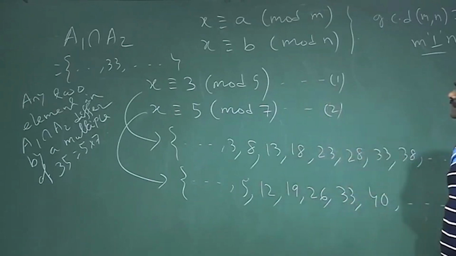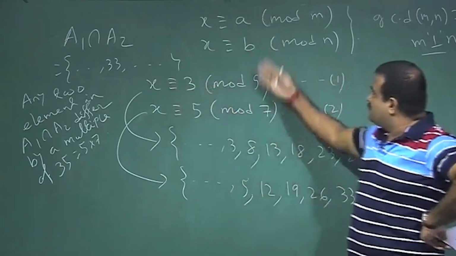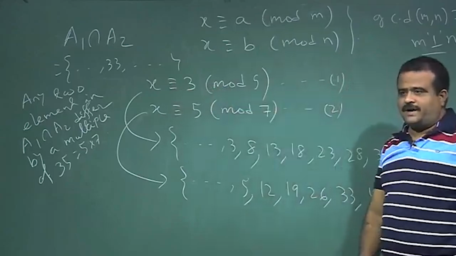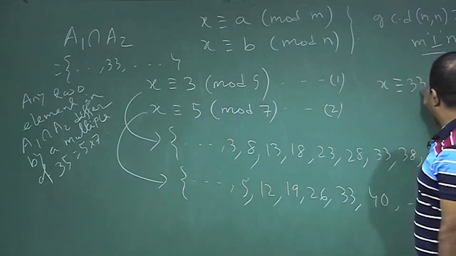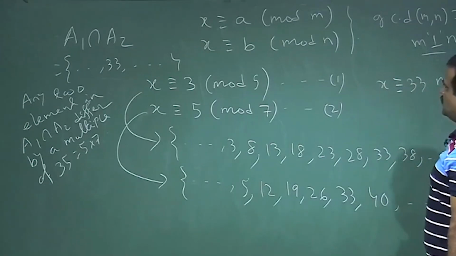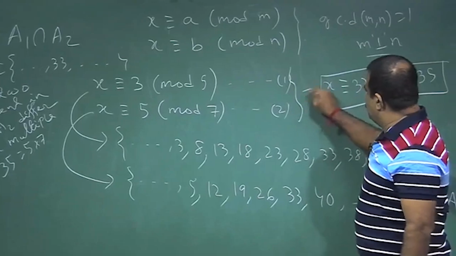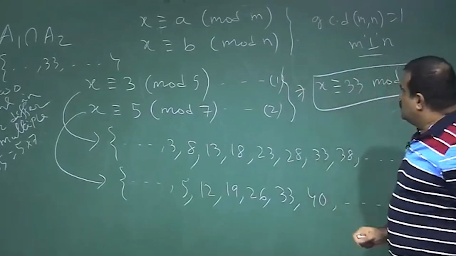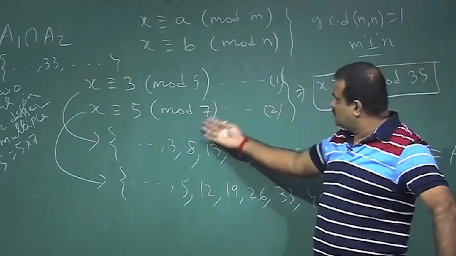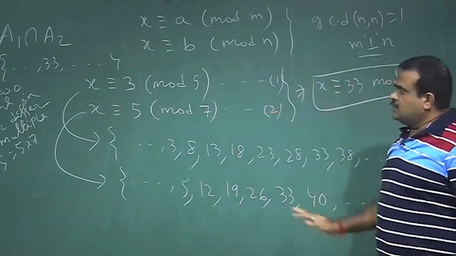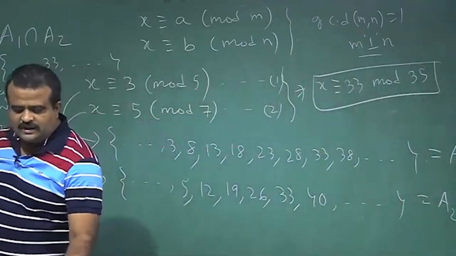So 33 is the solution for this system mod 35. So x is congruent to 33 mod 35. This is the solution for this system of equations. Now you can easily verify this, because this satisfies this equation, and this also satisfies this equation. So this is the naive way, but we need to know how, in general, we can get